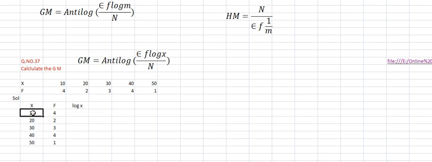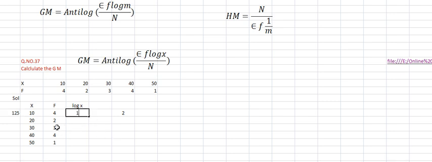So 10 means 2 digits, and 2 digits means minus 1, that is 1. How? 10 is a 2 place number. 100 means a 3 place number. For example, 2 means a 1 place number, 5 means a 1 place number, like that. So 2 places are there in 10. If it is, for example, 125, then it is a 3 place number. 3 place minus 1 is 2, like that.